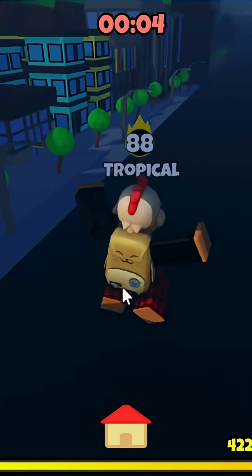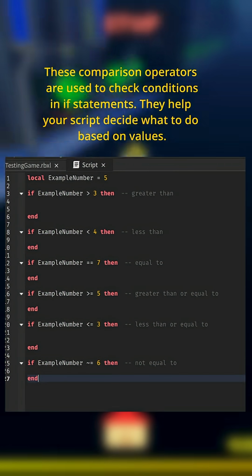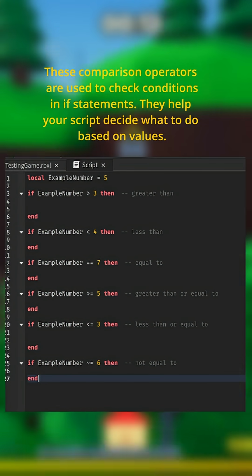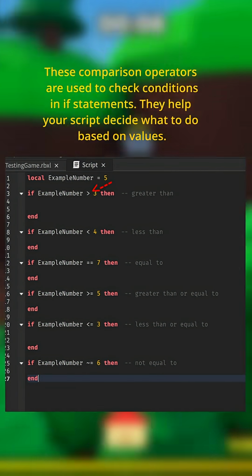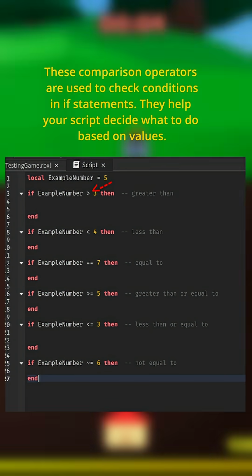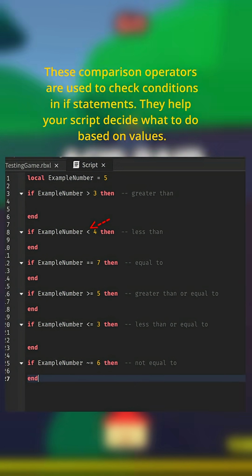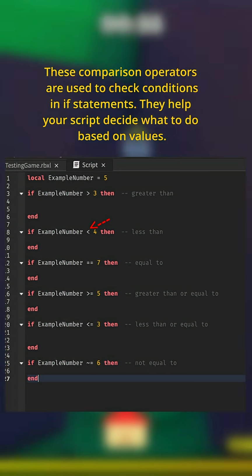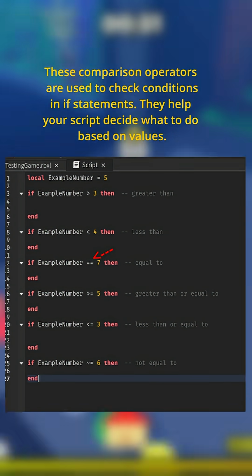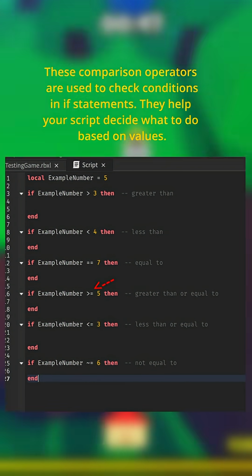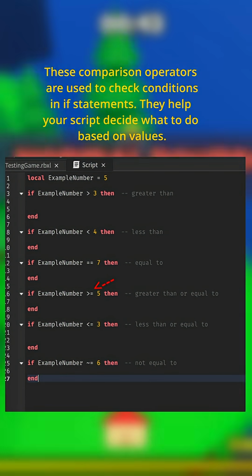When you write scripts, you use comparison operators to compare two things and decide what to do next. Here are some common ones. Greater than means one number is bigger than another, like 5 is greater than 3. Less than means one number is smaller than another, like 2 is less than 4. Equal to means two things are exactly the same, like 7 is equal to 7. Greater than or equal to means a number is either bigger than or exactly the same as another, like 5